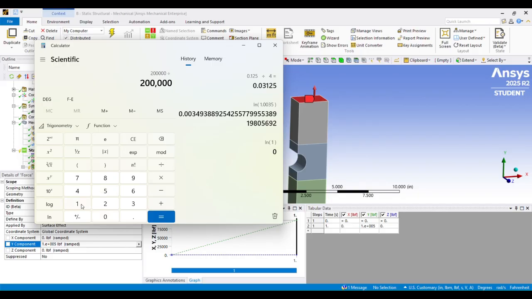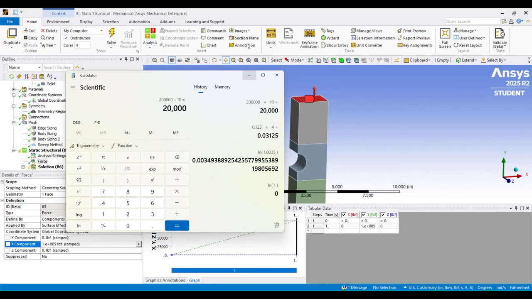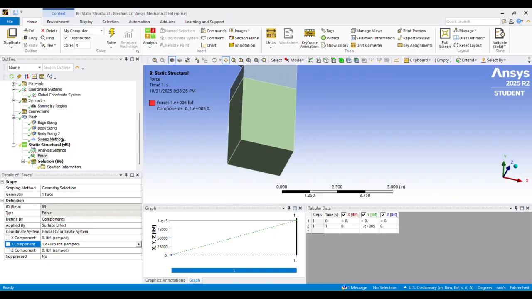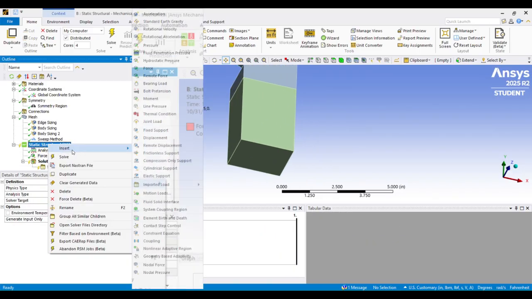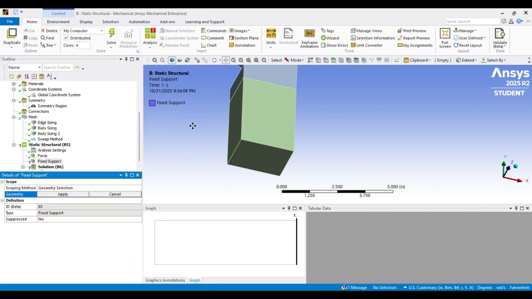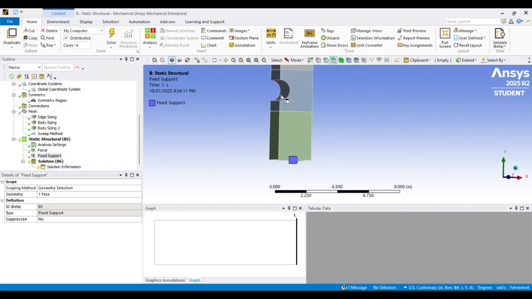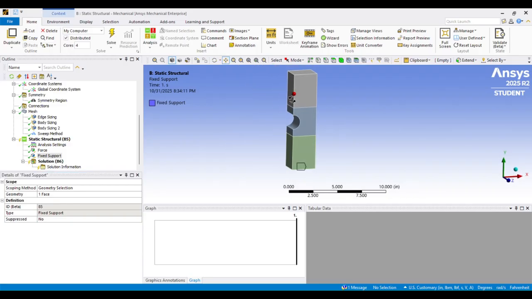And then if you watch the previous video on the notched bar, the cross-sectional area is 10 inches. So we should get 20 KSI. Now I'm going to set up the constraint, the fixed support boundary condition. So I click the bottom, click apply. And then let's set up our stress